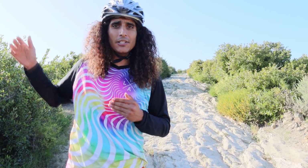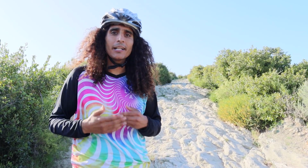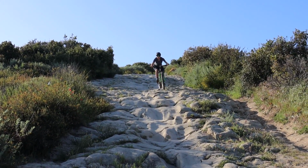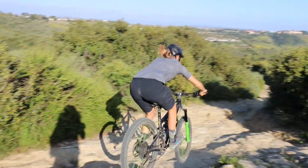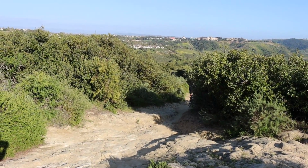Now, we're on stair steps where we were a little bit more on the brakes to try to keep our speed in check. On this one, yes, we're going to be on the brakes, but it is really important to kind of ease off the front brakes slightly as you're going over the chunk, especially while you're looking up past it. And that's really going to help you and really give you that momentum you need to carry yourself down